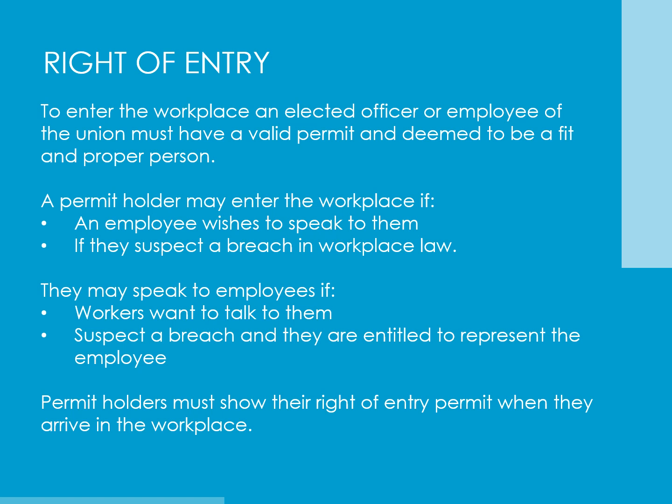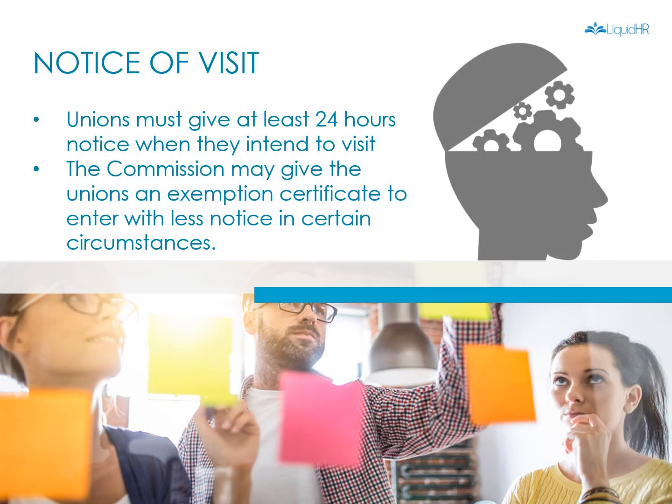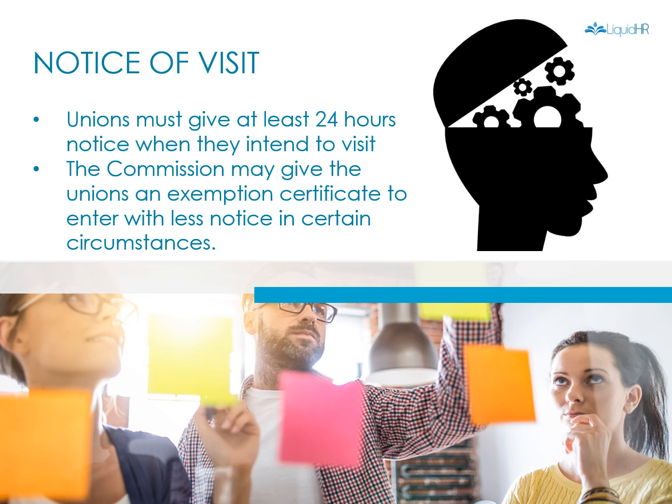Once they have the permit, they may enter the workplace if an employee wishes to speak to them or if they suspect a breach in workplace law. So they must show their right of entry permit when they arrive in the workplace, and you can request to see that as well. In terms of the notice of visit, the union must give you at least 24 hours notice of when they intend to visit your workplace, and it also must be no more than 14 days in advance. There are some exceptions to this where the Fair Work Commission may give the unions an exemption certificate, and